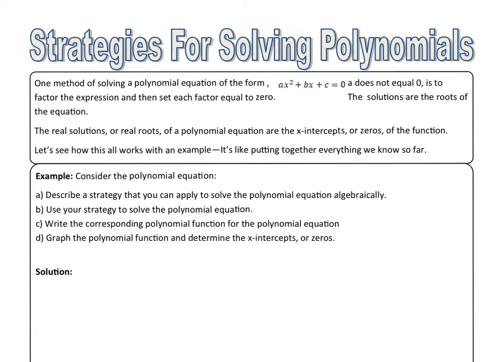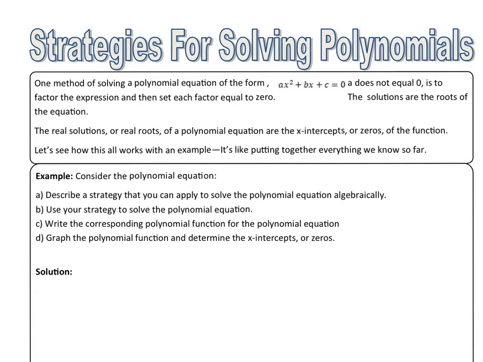Hey guys, so today the lesson is about strategies for solving polynomials. This is the week where we're bringing everything all together. One method for solving a polynomial equation of the form ax squared plus bx plus c equals 0, and this is in the case when a does not equal 0, because if a equals 0, then that whole term is just going to disappear, is to factor the expression and then set each factor equal to 0,